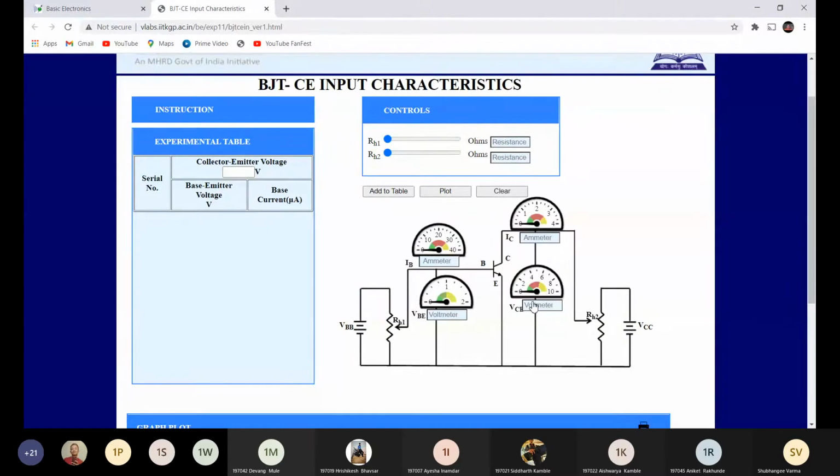Write down the answer in the chat box. Observe the circuit diagram carefully and write down the answer. Why is this circuit called common emitter?